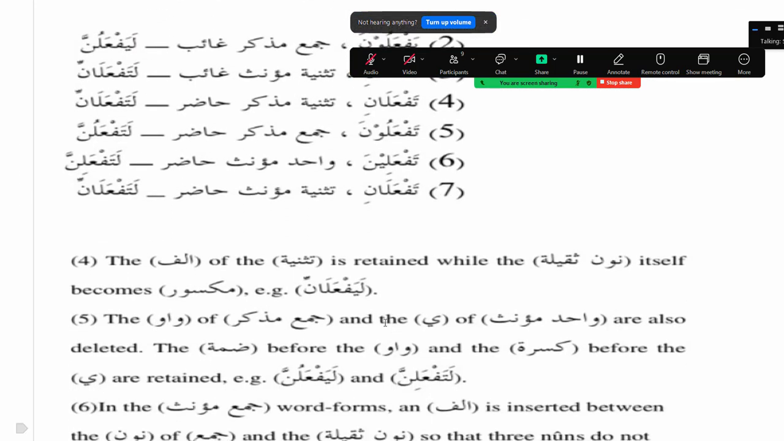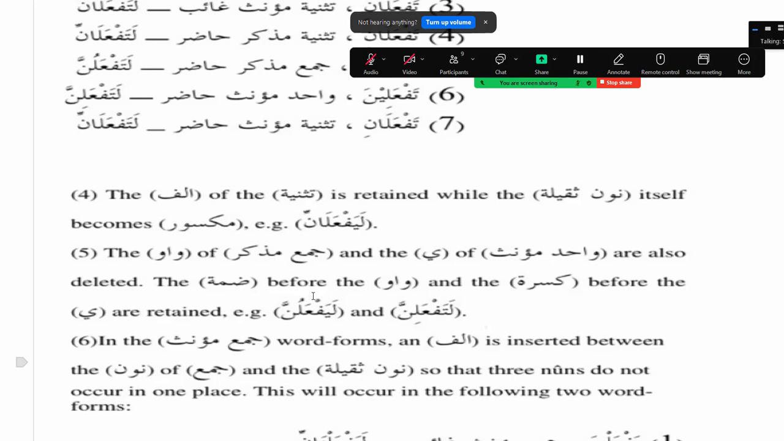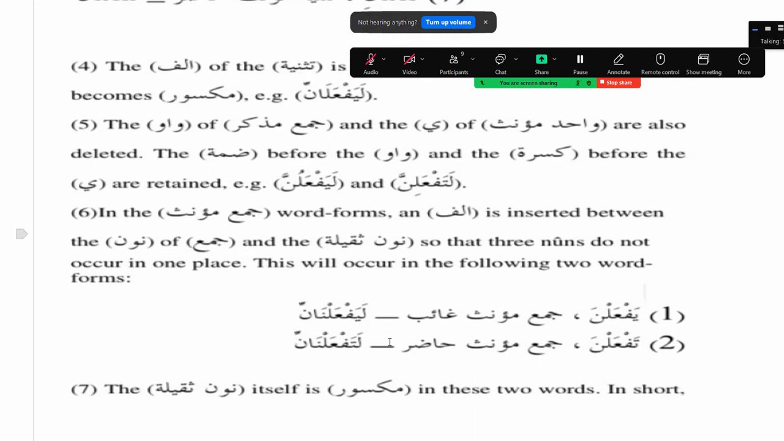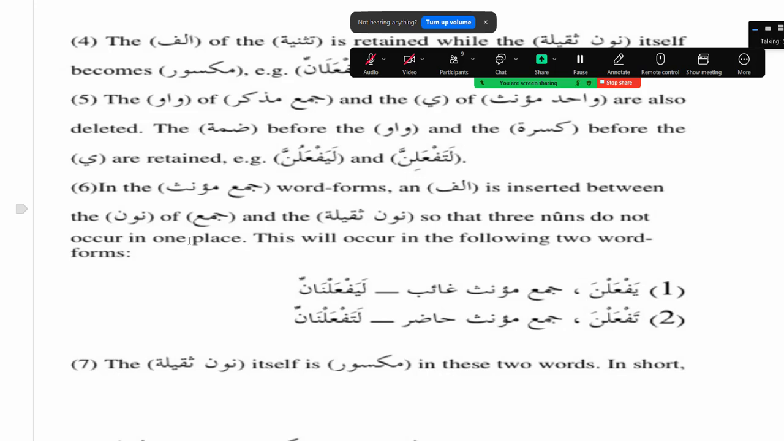The alif of the Tasniya is retained while the noon thaqila itself becomes maksur. So la yaf'alani is for dual. And the waw of jama muzakkar and the ya of wahid muannas are also deleted. Waw and ya are deleted and the dhamma before the waw and the kasra before the ya are retained. La yaf'alunna, la taf'alinna. And in jama muannas word forms, an alif is inserted between the noon of jama and the noon thaqila